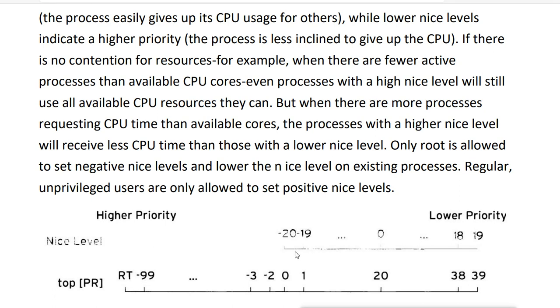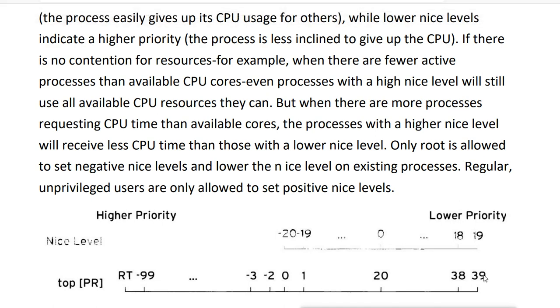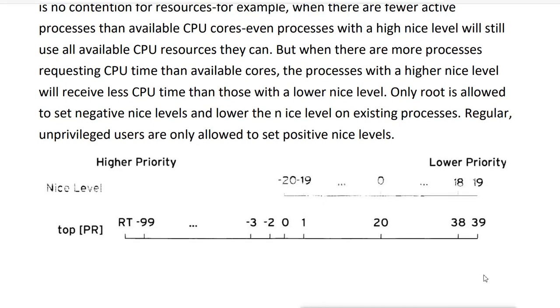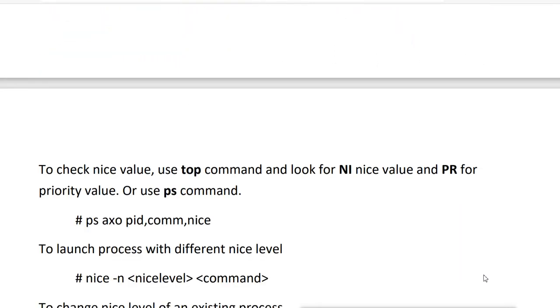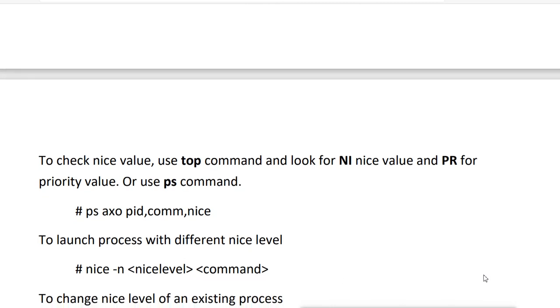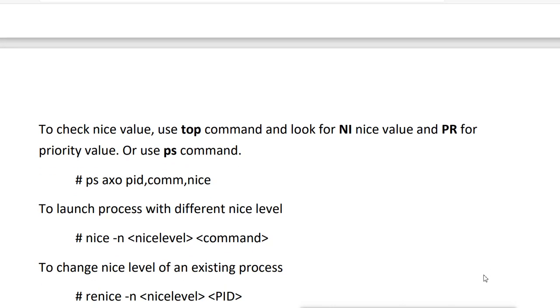When we run the top command, we see the RT flag there, and it indicates a range from -99 to plus 39. It goes till there, and that indicates the NICE value. These NICE values are given to a process automatically when it executes. When we execute a process, it gets the NICE value from the parent process, or by default it gets the value 0.